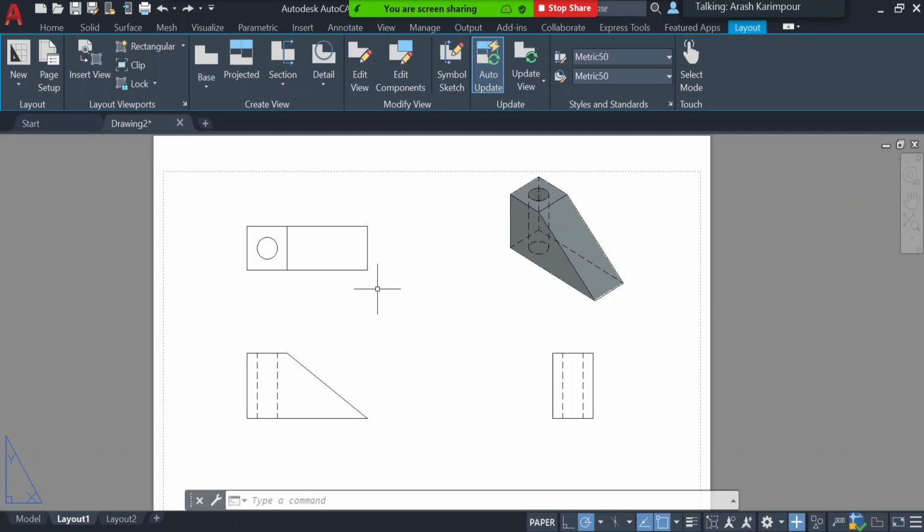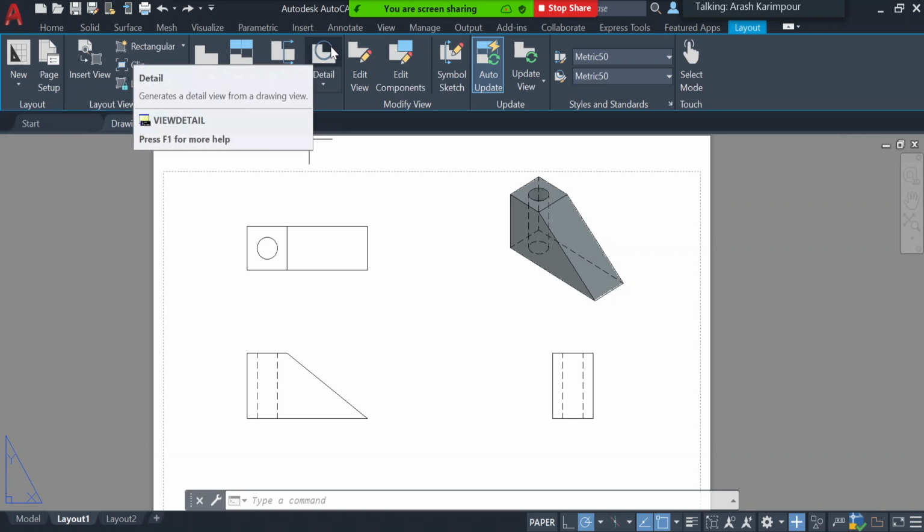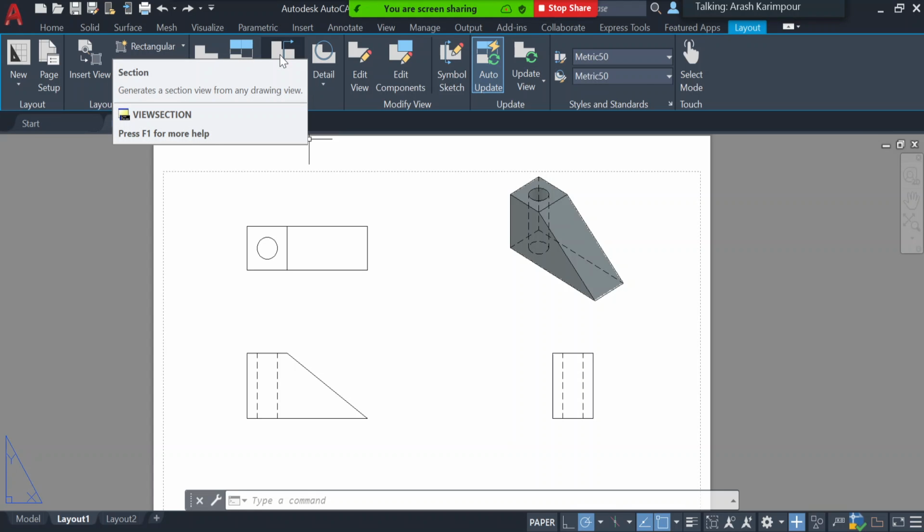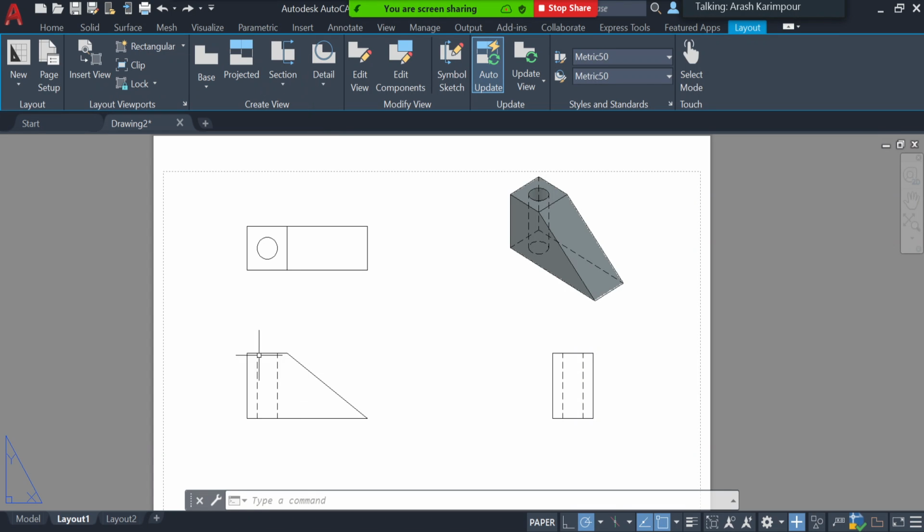Next, I want to talk about how to create a section or detail view. If you are in the layout tab, you will see this section or detail here. So one of them is the section 1. If you click on the section 1,